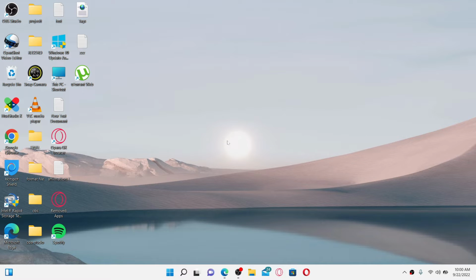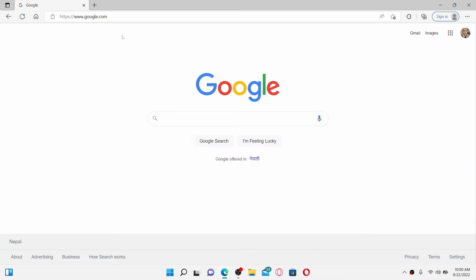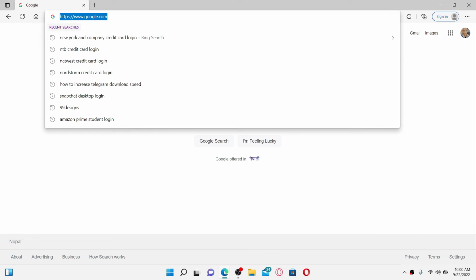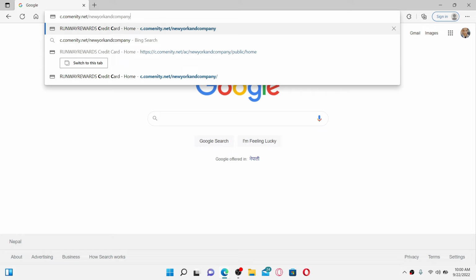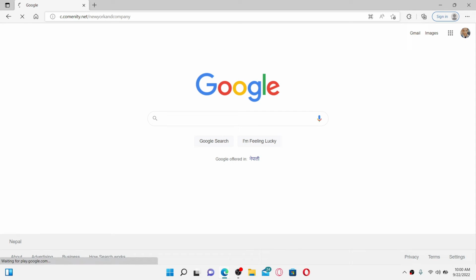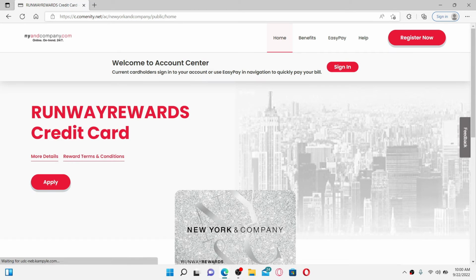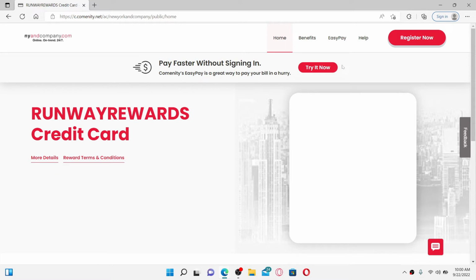To log in and access your New York and Company credit card, first, make sure to open up a web browser. Go to the URL box at the top and type in c.community.net/New York and Company and press enter on your keyboard. Soon after you do that, you'll end up in the sign in area where you can go ahead and enter your credentials. Click the sign in button at the top of the screen, and in the login area that appears